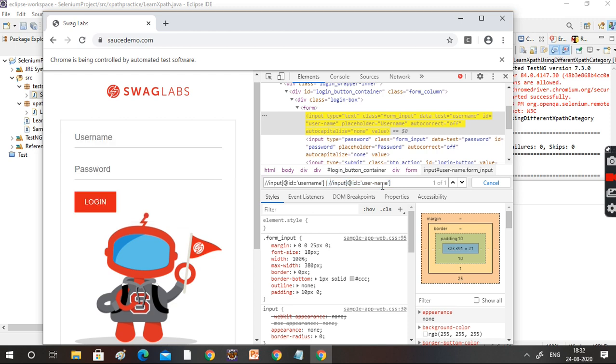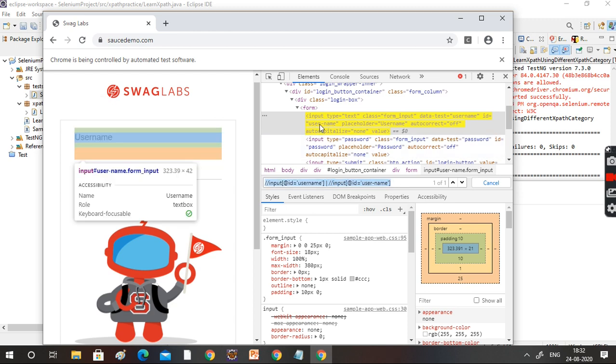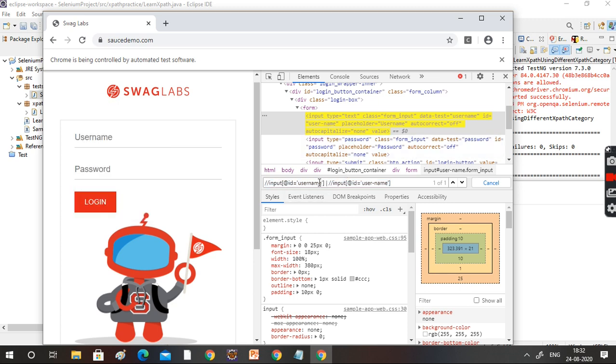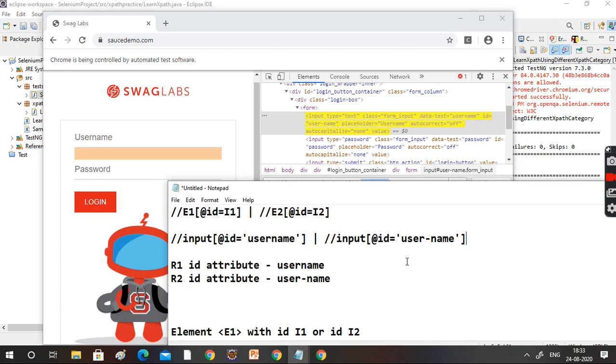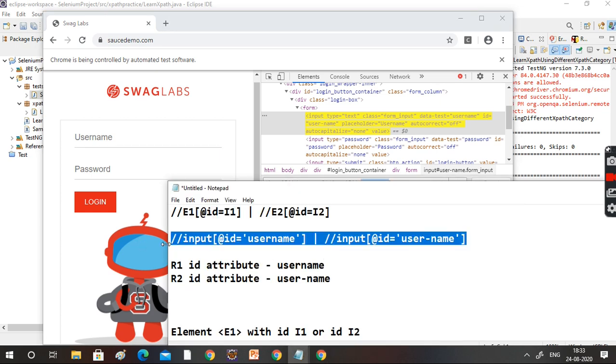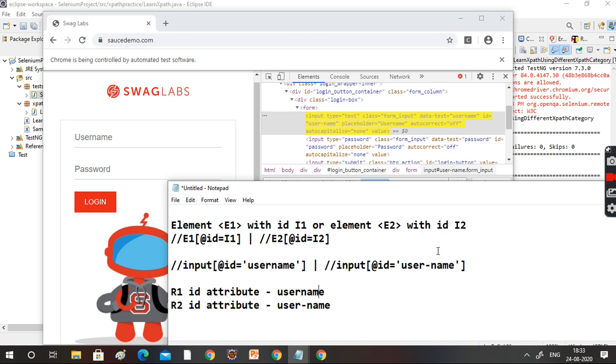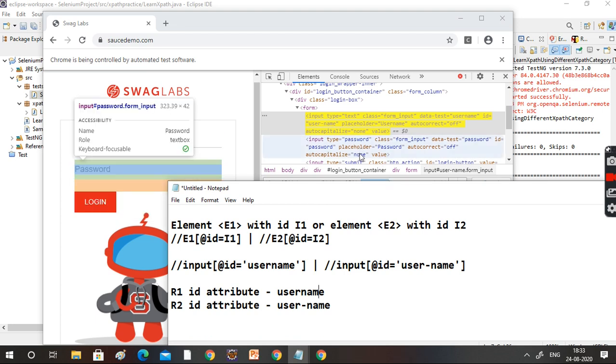But the same web element will work for the R1 release. Why? The R1 application has only this as an attribute value, the R2 application has this as an attribute value, but the web element we prepared will work for both versions, okay? So in that way we can create it. Fine.